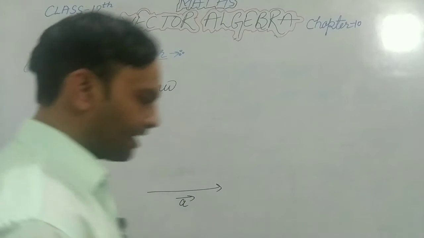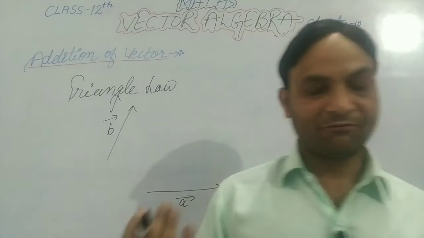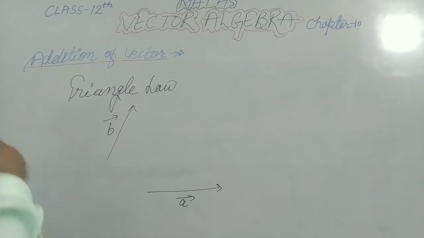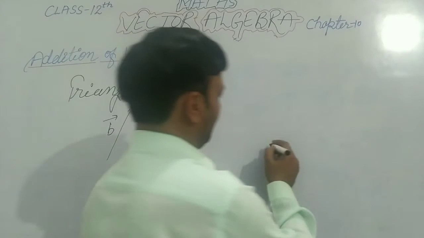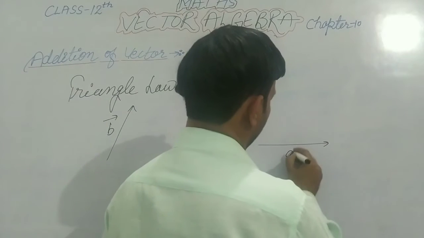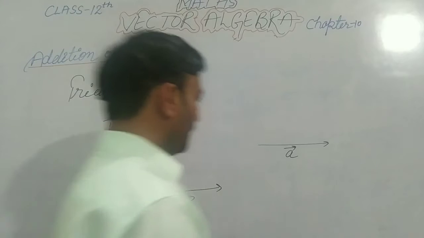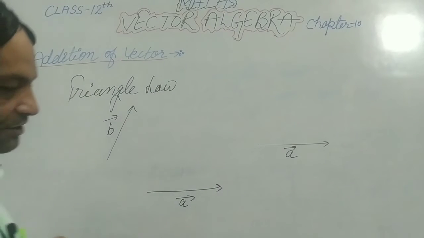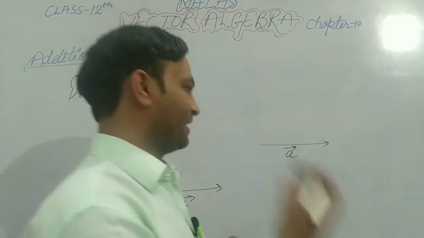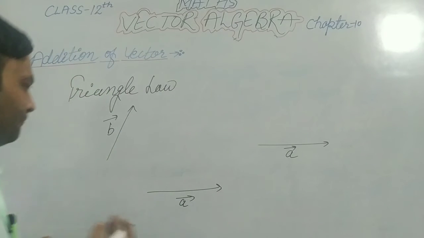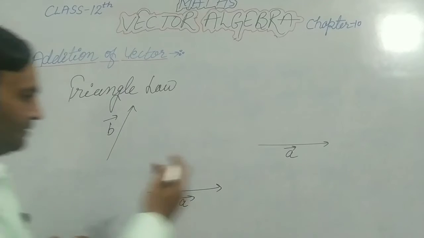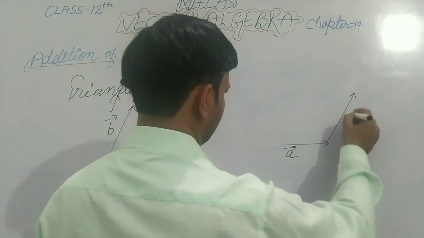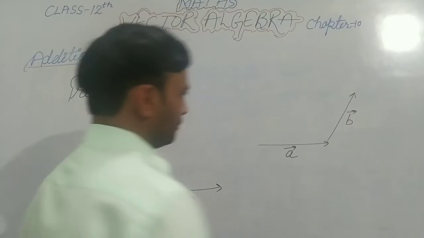And we are familiar from the previous video with the concept of a free vector. What is a free vector? We take a vector A, isn't it? So what is a free vector? A free vector is one that we displace parallelly without changing magnitude as well as direction, so it is a free vector, isn't it?